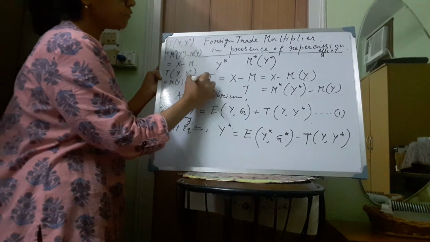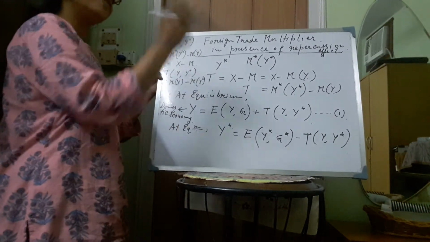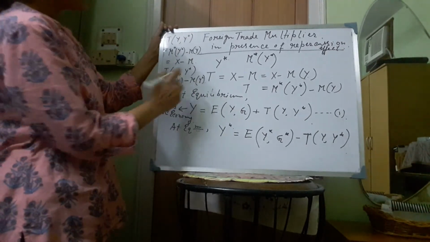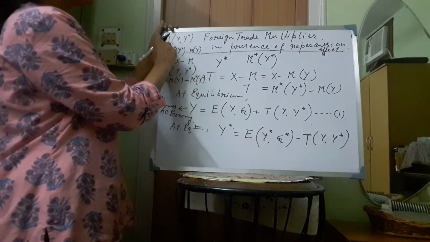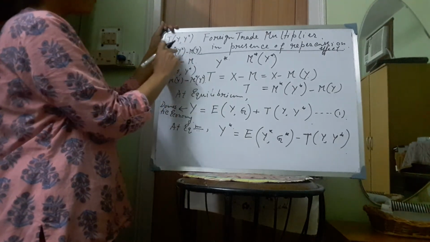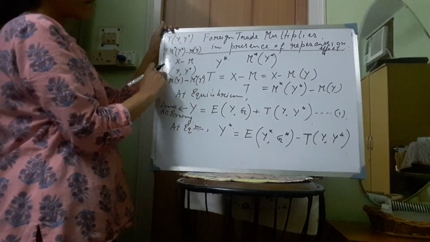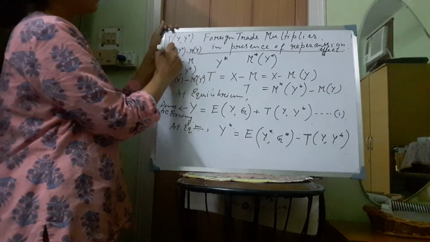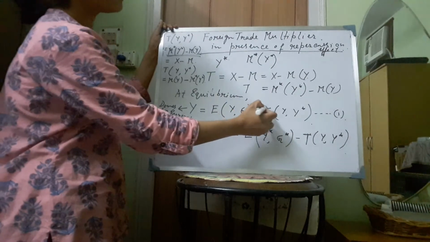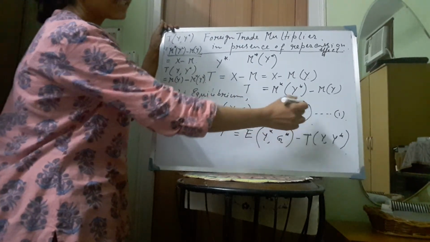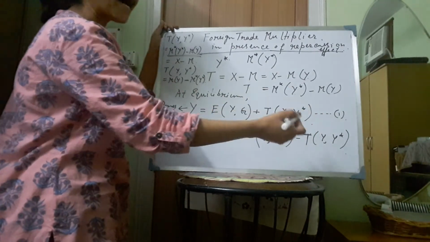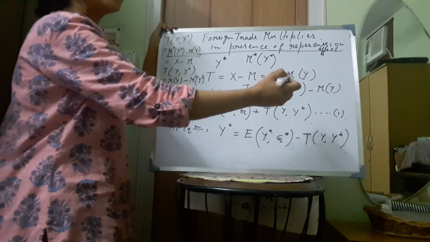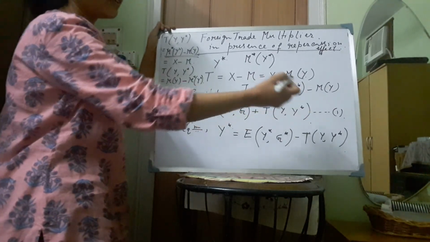So this is minus the import of their country, which is a function of Y star. So the import of the foreign country is a function of their income. So this is M star Y star. So if the trade balance of the domestic economy is M star Y star minus MY, then the trade balance in the foreign country is MY minus M star Y star. So it is just the opposite of this term. Therefore we can say that if the trade balance in the domestic country is T, then the trade balance in the foreign country is minus T. So if there is a trade surplus in the domestic economy, then there will be an equal amount of trade deficit in the foreign country.